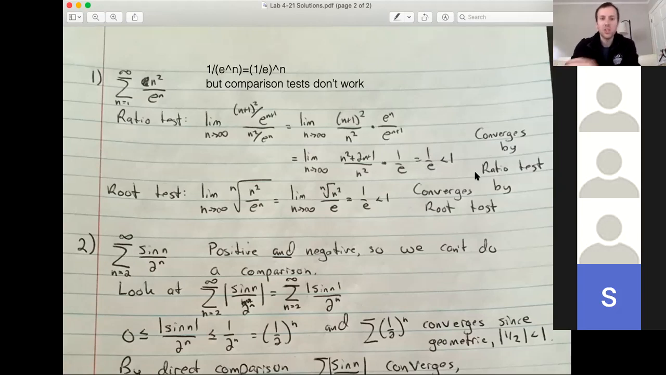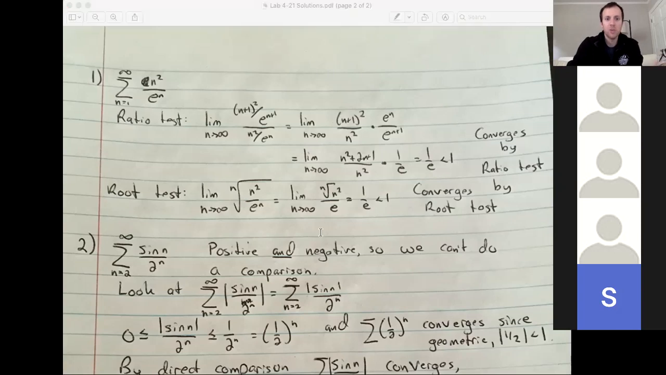The root test, we set up a different limit, but we end up in a pretty similar place. We take the nth root of n squared over e to the n. On the bottom, the nth root of e to the n, that cancels to be just e. On the top, we get the nth root of n squared. And here you can either use some exponent rules to rearrange things a little bit, but